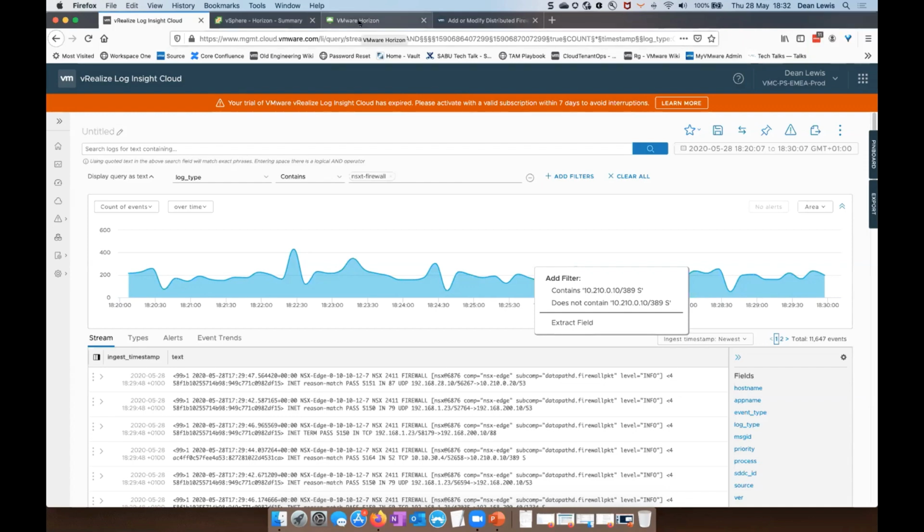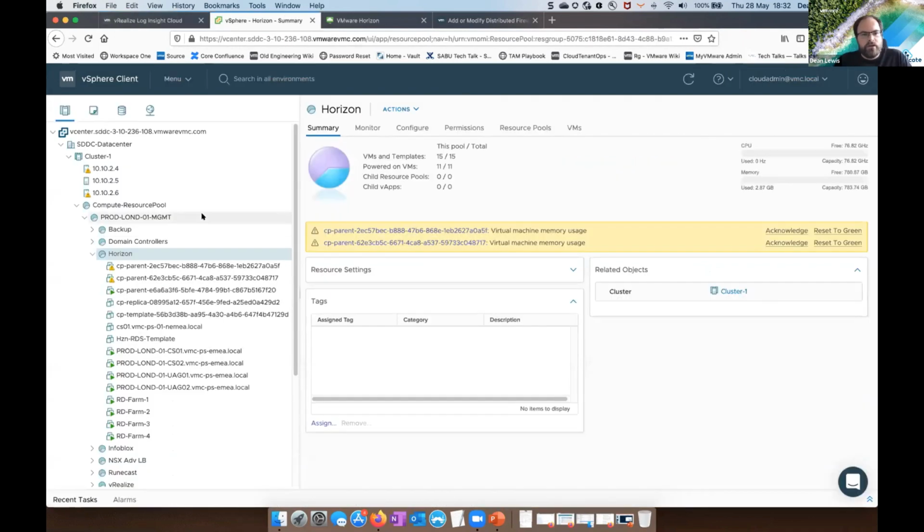Okay, so we are going to move into the Horizon environment itself and talk through some of these things that I mentioned before. So if we look first and foremost at the vCenter that is linked to our SDDC within VMware Cloud on AWS,